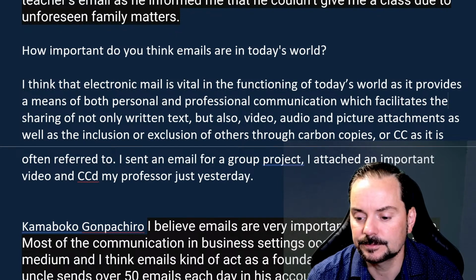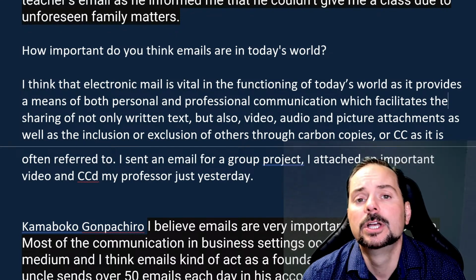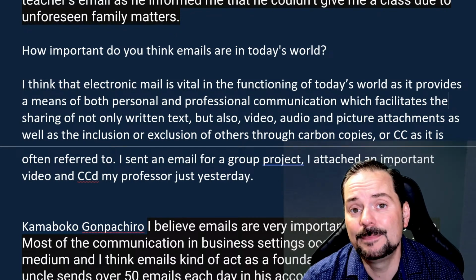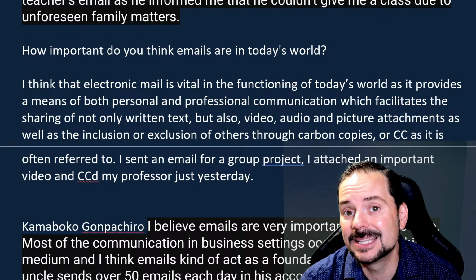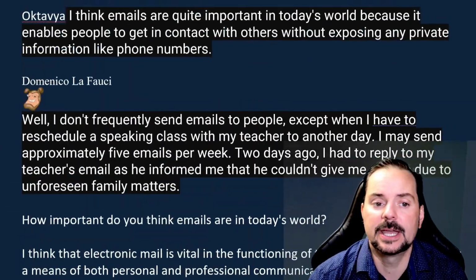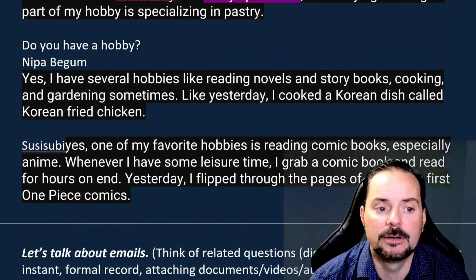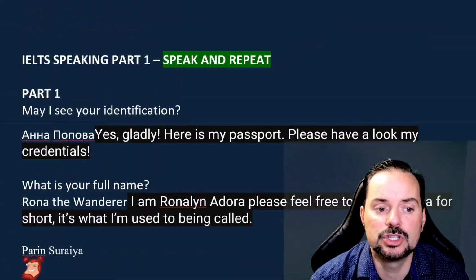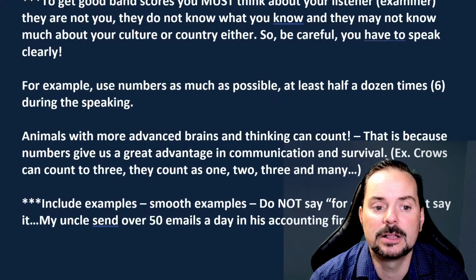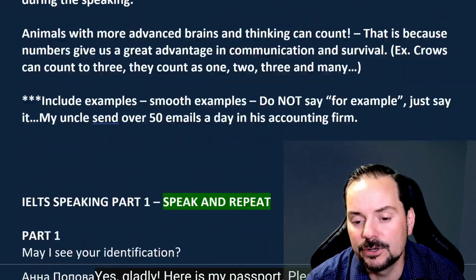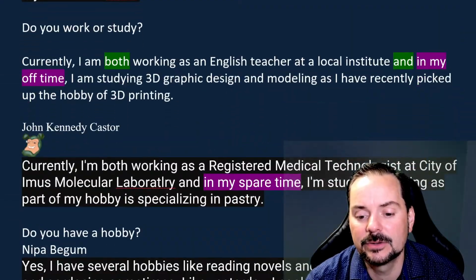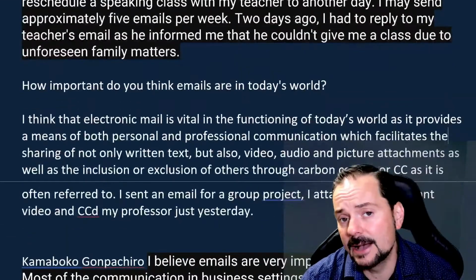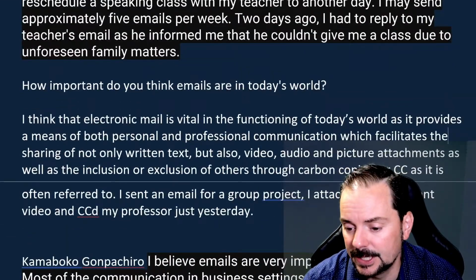Okay. All right. So visualize the topic, think about the topic, think about examples for the topic. And for this topic of emails, that's what you should be thinking. Gmail, Outlook, if you're still using that, Hotmail. Okay. Now that you have a good idea, everybody, all right, now that you have a good idea,